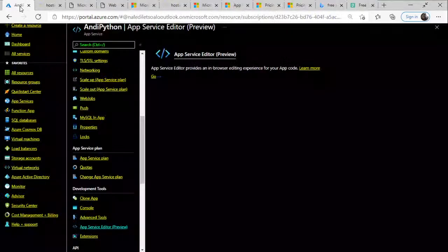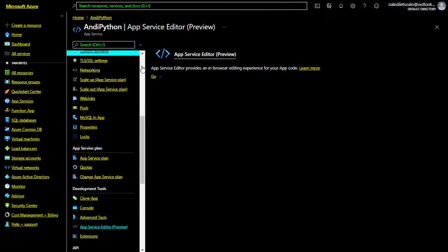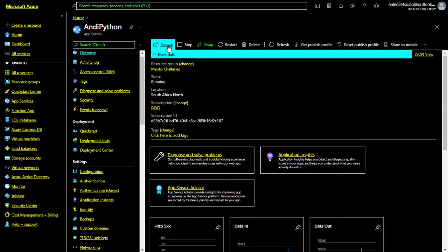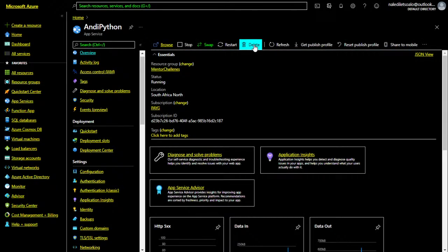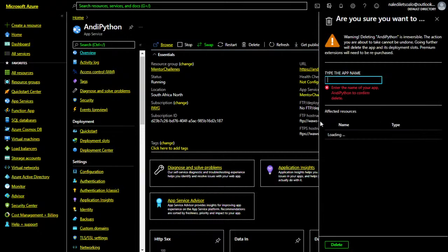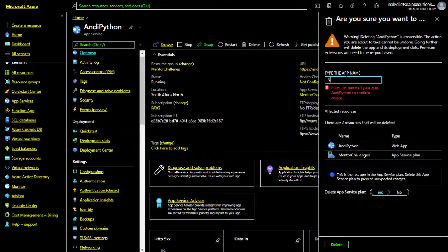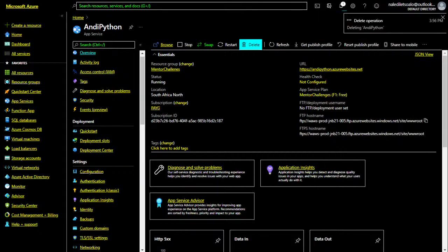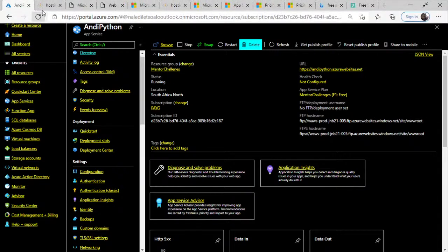Allow me to close this resource over here. So we're going to go back to the very top, overview, and from the overview, we're going to delete. Okay, if we press delete. All right, and this one, we remember was Andy Python, and delete app service plan. Go right ahead and delete it. We'll recreate another one, or just use the one that we have. All right, deleting Andy Python, and